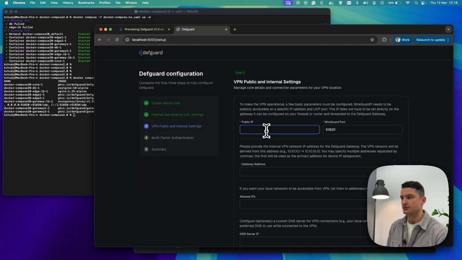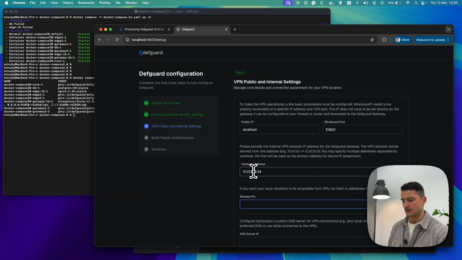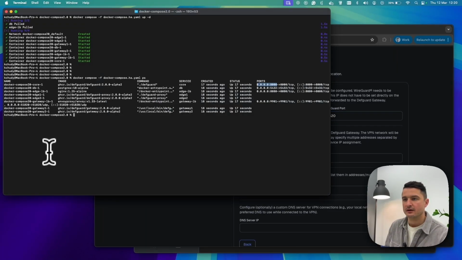And now I should give it the host of the load balancer, actually, because I want the client applications to connect to the load balancer, which will then route the traffic to all the gateways that I have specified. So it's available on localhost. And for the gateway address, I'll just do this. And for allowed IPs, maybe something like that. Okay, so that is the localhost, and that is the port that I have exposed in the Envoy load